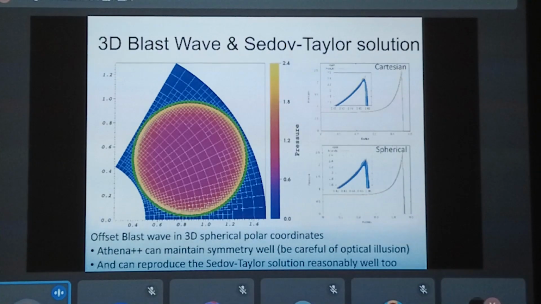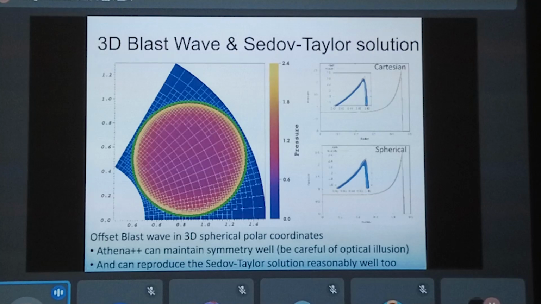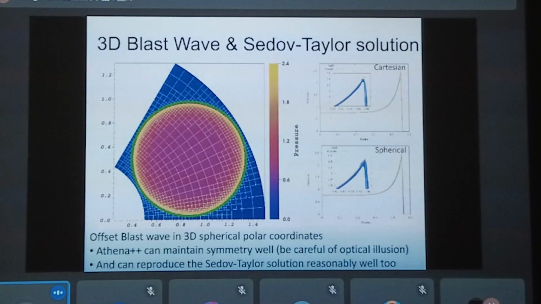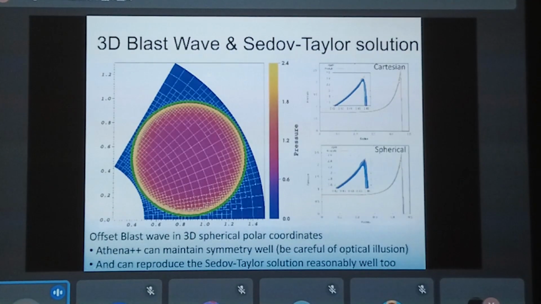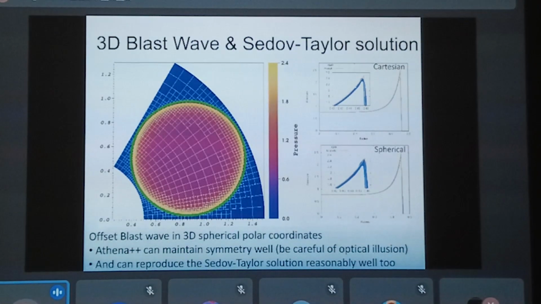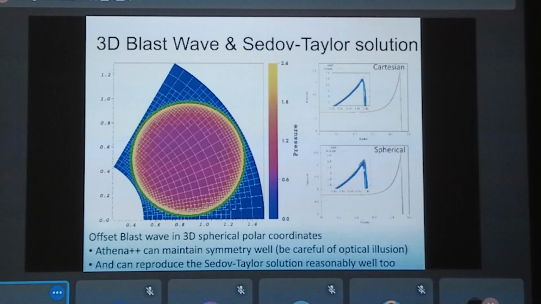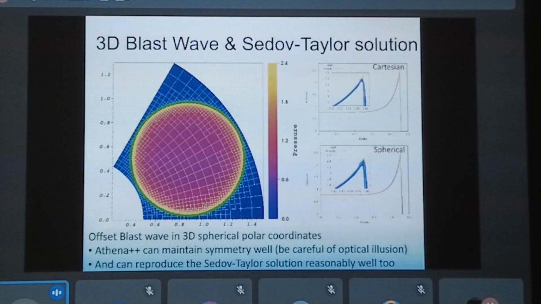Here this is a circle, and as you see, it is almost a perfect sphere. And the right panel shows the comparison between the analytic Sedov-Taylor solution and the result from adaptive mesh refinement. The top is Cartesian, and the bottom is spherical polar coordinates. As you see, Athena++ can reproduce the Sedov-Taylor solution quite well, even in spherical polar coordinates with adaptive mesh refinement. So that's a demonstration.